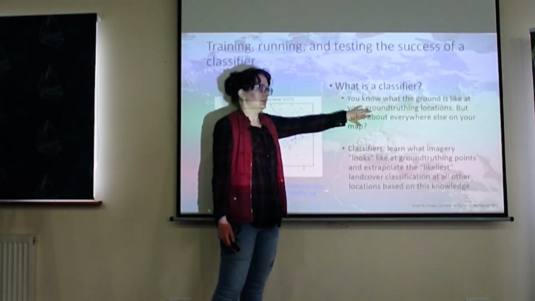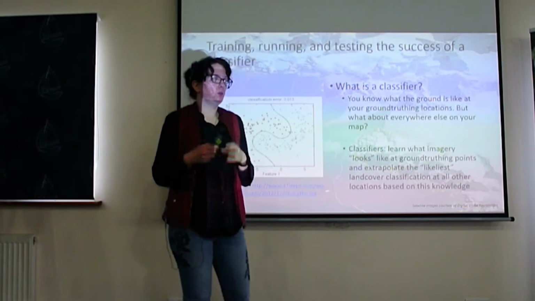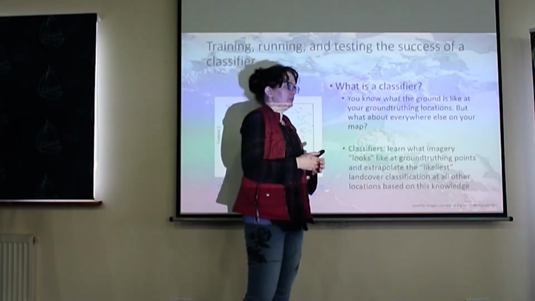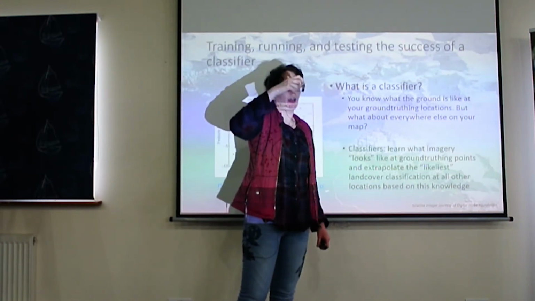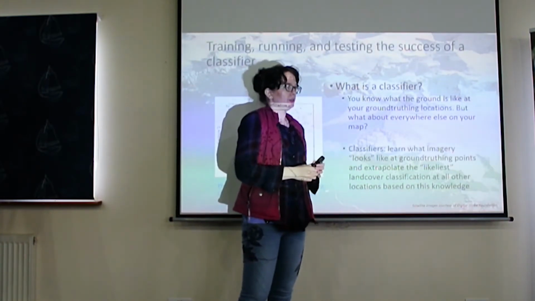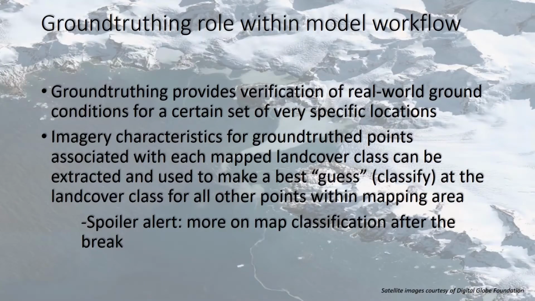It takes a look at what the imagery is like at each point that you've named water or grass, and it finds the distinctive characteristics of the imagery at each of these points. The whole purpose behind developing an understanding of what grass looks like in the imagery versus what water looks like, or ice, is so that when you are trying to map areas that you don't have ground truthing,